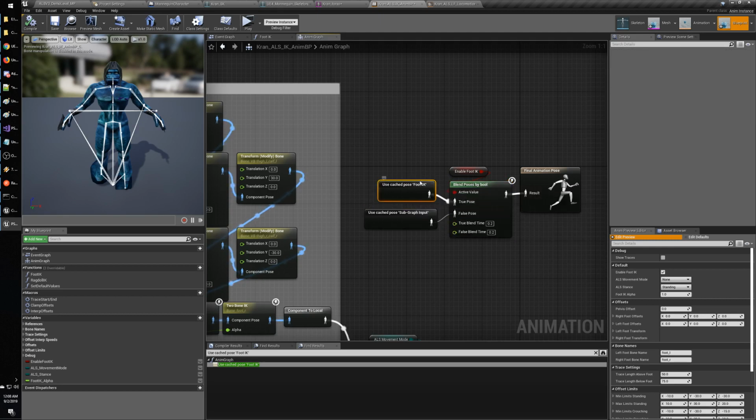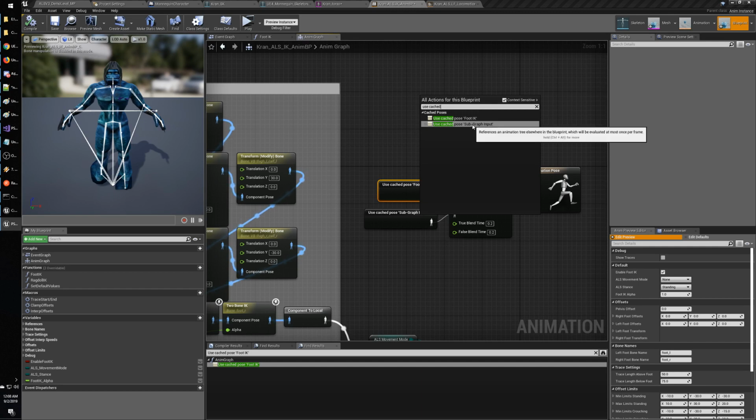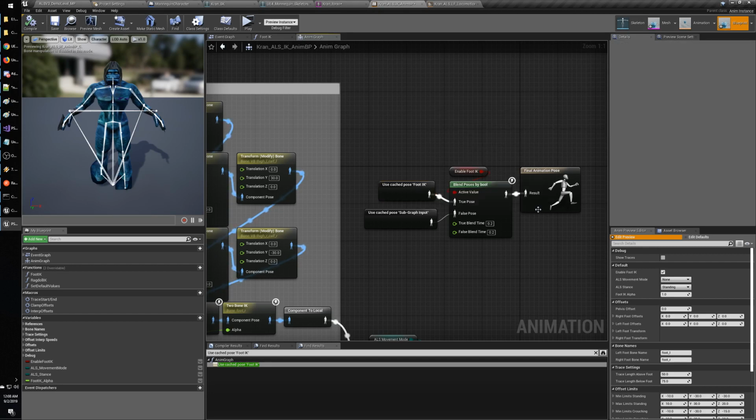Use cached pose foot IK. Is this a thing? Yeah, this is a thing. I don't know, boys. I think we are too deep into this thing. We are really too deep into this thing to understand what is going on. But